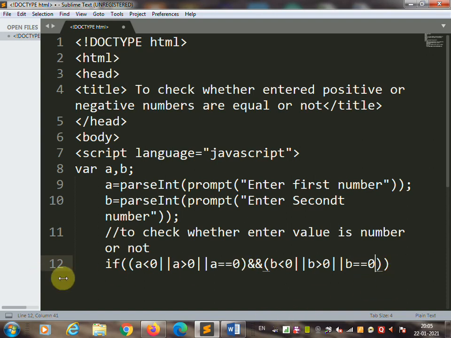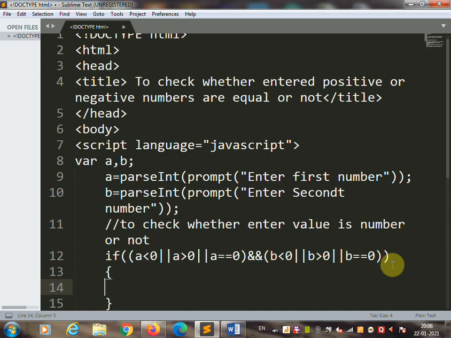So once you finish entering this condition, the computer is going to check whether the entered number is less than 0, greater than 0 or equal to 0. In a similar way the second number is also checked. Once you finish this statement, you are going to use the curly bracket, and the next statement we are going to use over here. Before that we can again use comments over here.